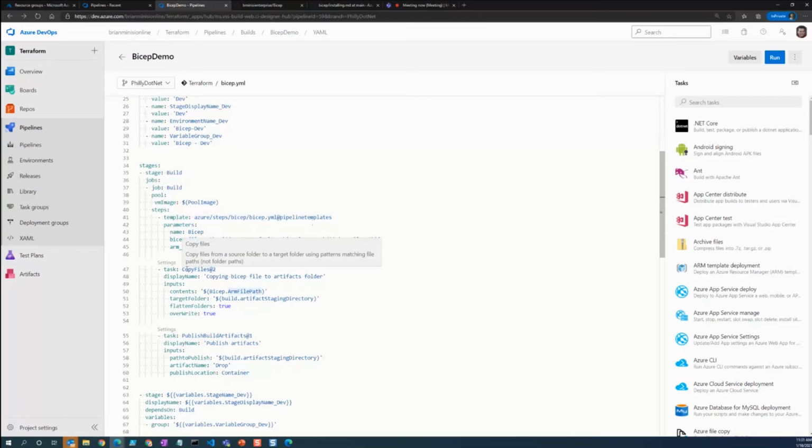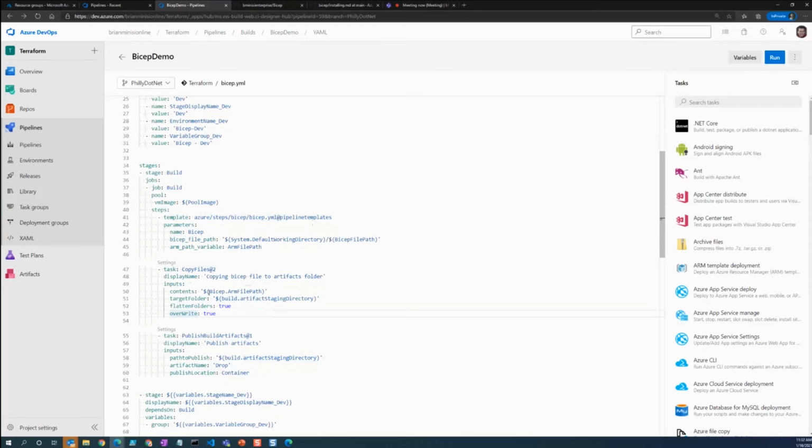And then the next steps in here are just copying our artifact and making it available for our release stage. So we're going to copy it to the build artifacts staging directory.